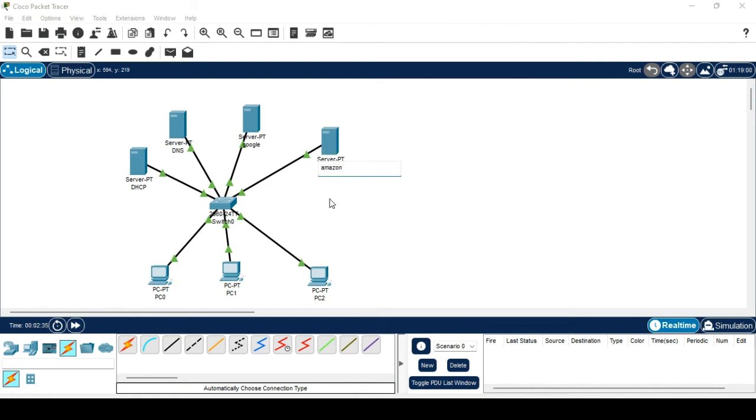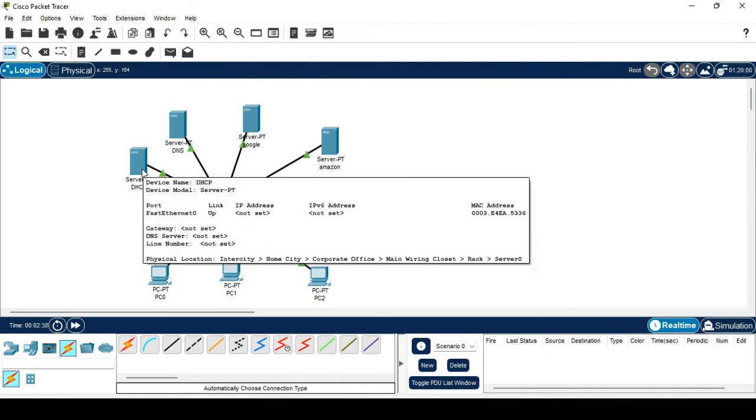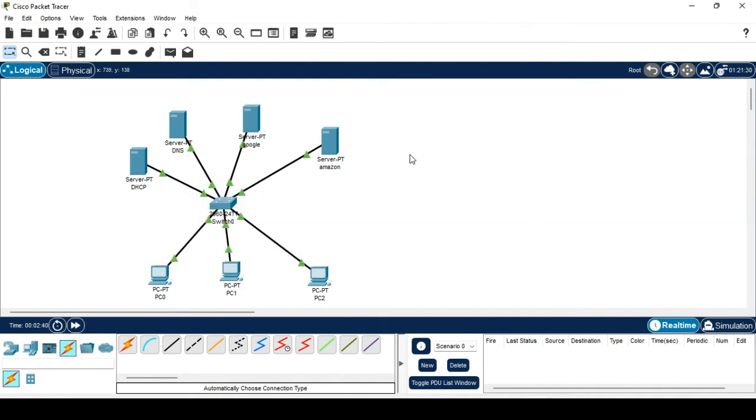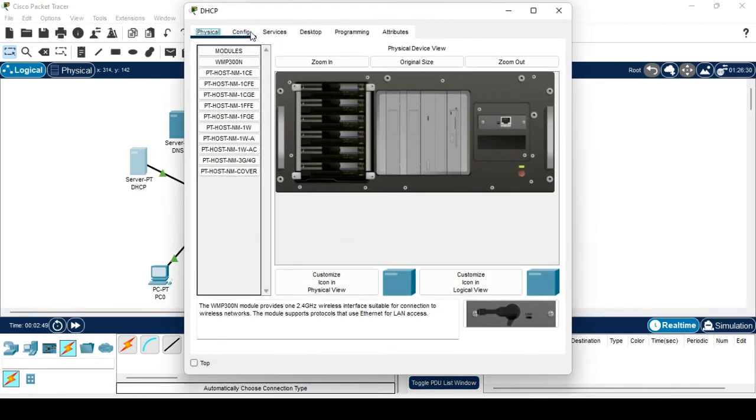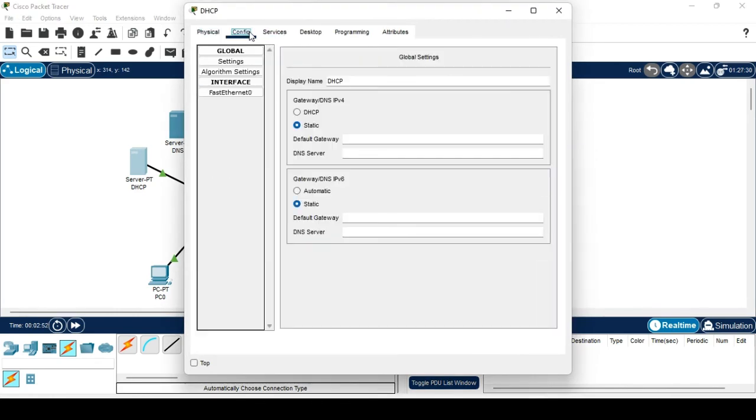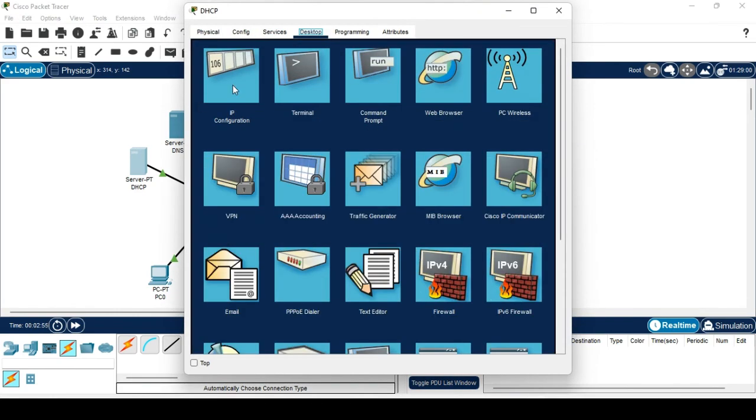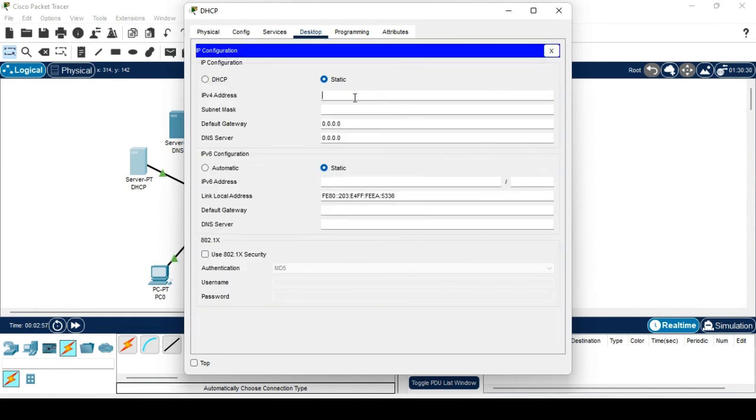Okay, then after that, you have to set IP address for the servers. You have to allocate manually for all the servers, but for PCs it will automatically allocate the IP address using the DHCP protocol. Now click the DHCP server and go to desktop and IP config. Set the IPv4 address for DHCP server is